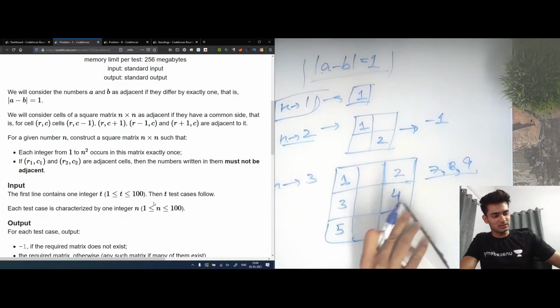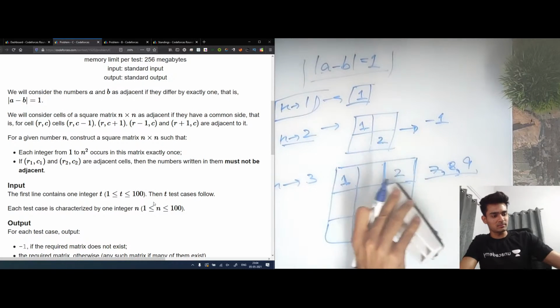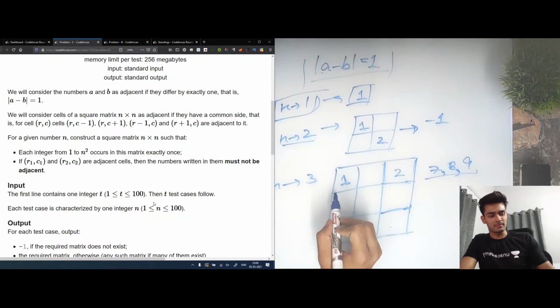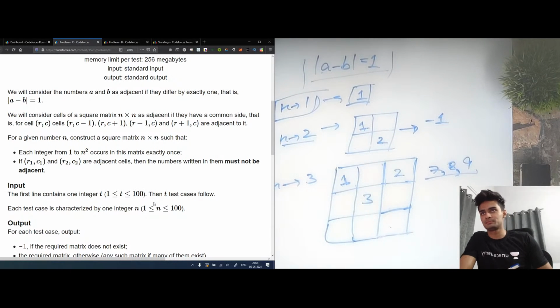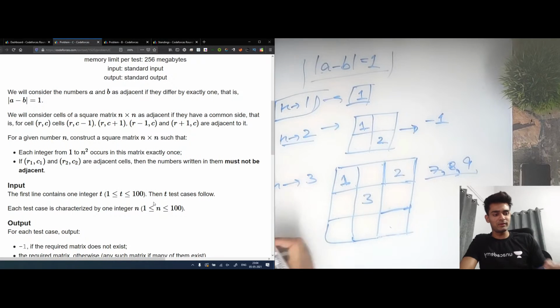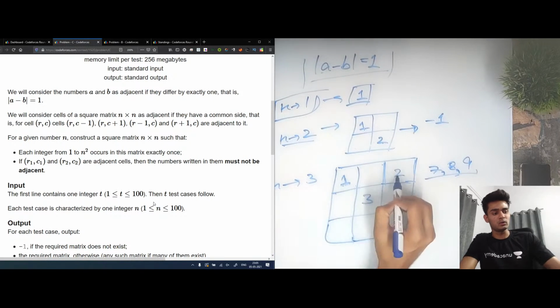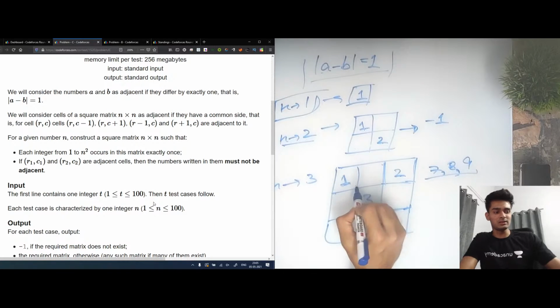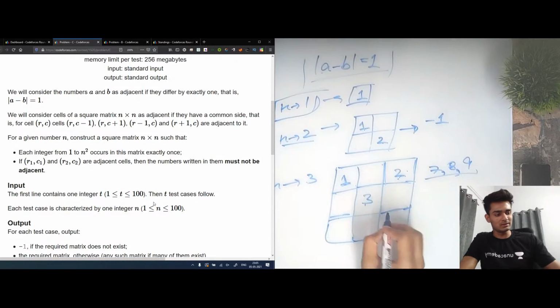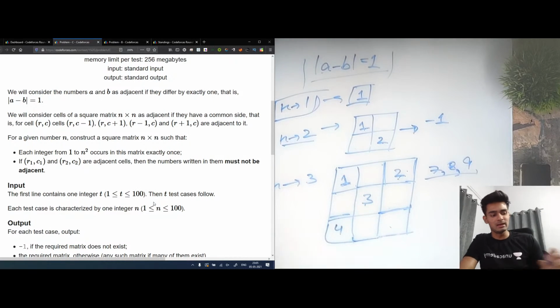Now in order to solve this, you need to realize a pattern. When we were placing 3, we can place this 3 here and just keep on placing the values alternately, because we are given that adjacent values should not be in adjacent cells. So 1 and 2 are adjacent values, so we'll skip one cell in between. Now 2 and 3 are adjacent, so we'll skip one cell in between. Then again for 4, we'll skip one cell in between and place 4 here. Then again for 5, we'll skip one cell in between and place it here.